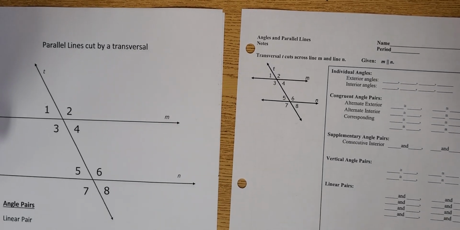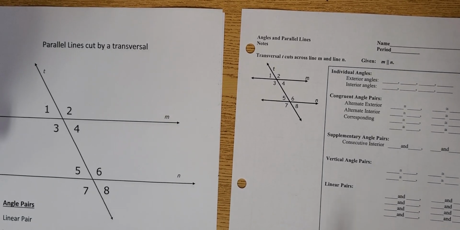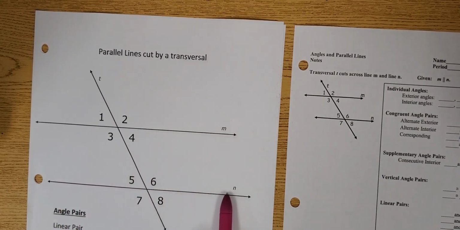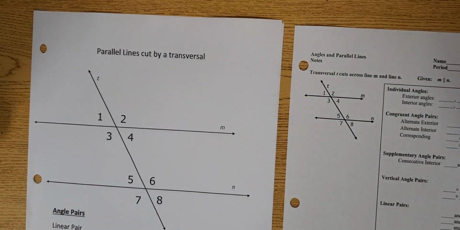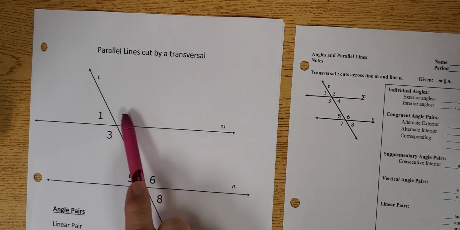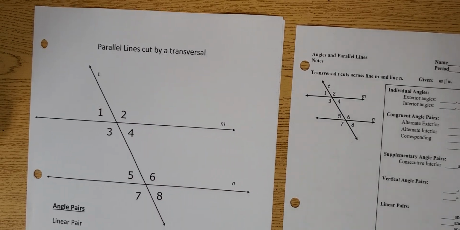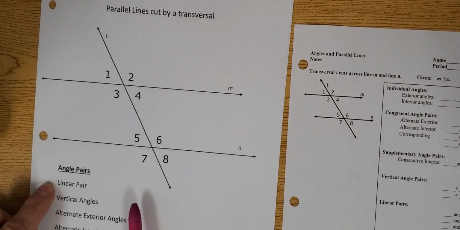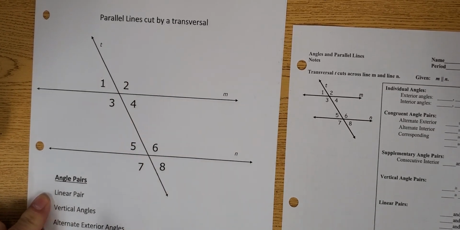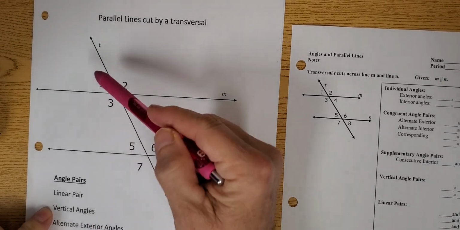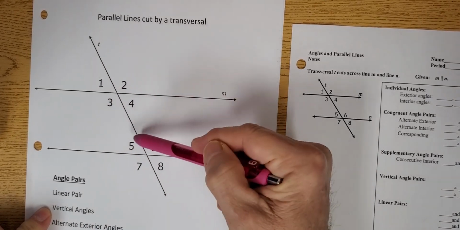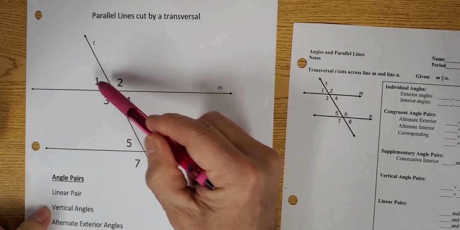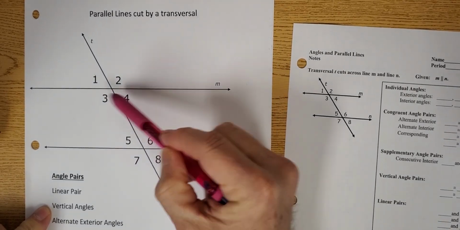Okay, let's see if we can talk about parallel lines cut by a transversal. These are a set of parallel lines, and this is the transversal that cuts through, which creates 8 different angles. They have different angle pair names. We know what a linear pair is, like 1 and 2. Vertical angles are 1 and 4, 2 and 3, 5 and 8, 6 and 7. In other words, if you have intersecting lines, vertical angles are the opposite angles, like 1 and 4 and 2